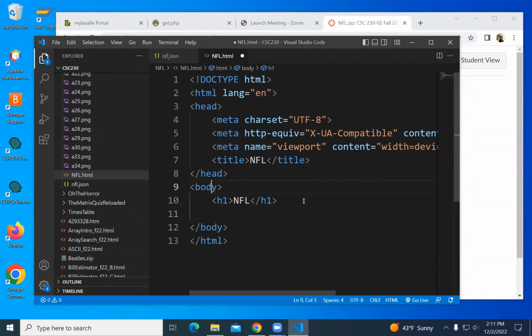Our standard, we usually have an onload. I got my quotes screwed up. So I'm going to have a script.